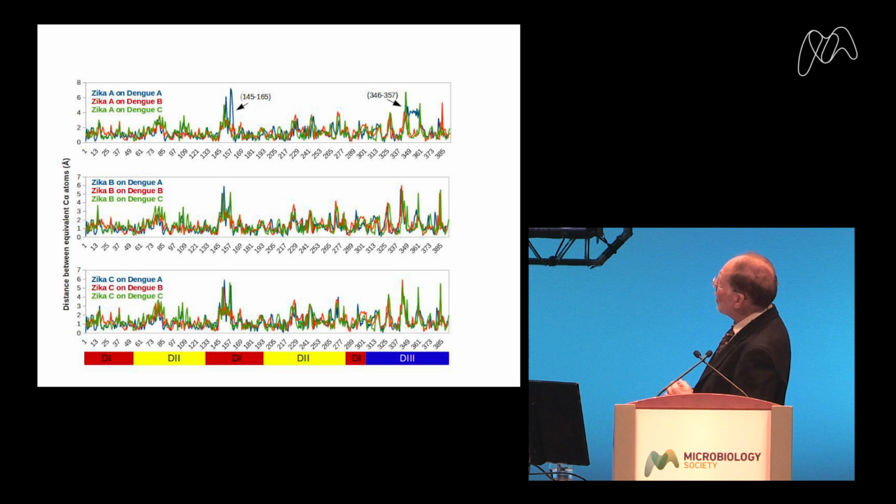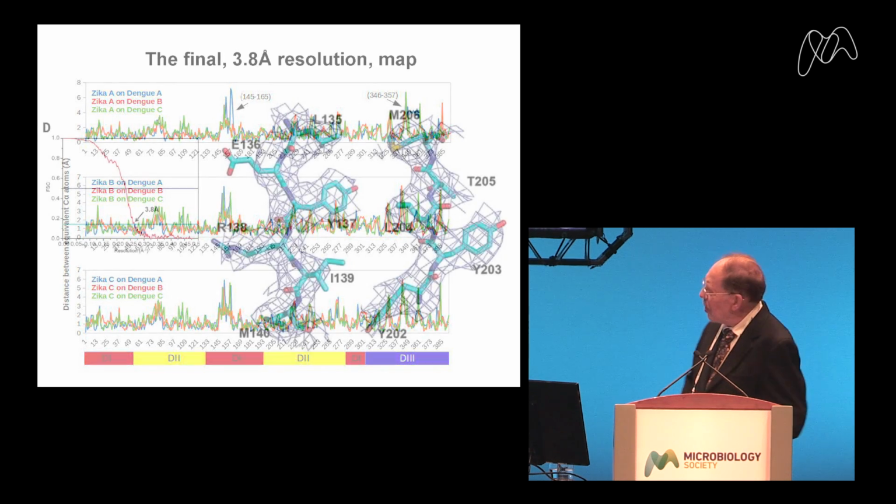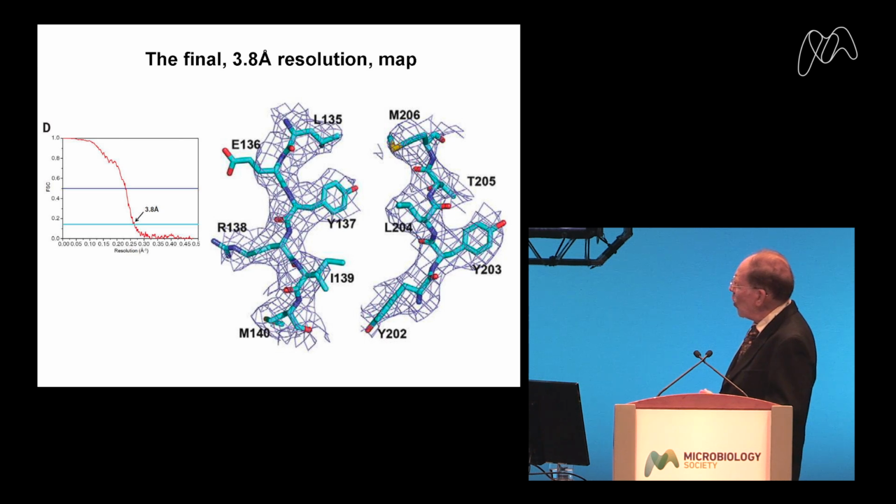And you can see in the middle where it says 145 to 165, that's where you're plotting the difference in angstrom between the equivalent alpha atoms. So you can see that's the major difference there between Zika and dengue. There are other differences on the right-hand side, but we won't talk about those just now. And this happens in each of A, B, and C, the 3 different monomers of Zika virus. So what is this difference? It's actually at an asparagine, 145, which is glycosylated, a sequence which is enzymatically recognized and is then glycosylated.